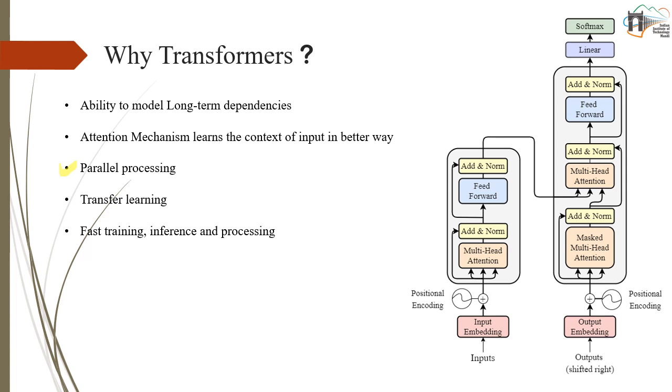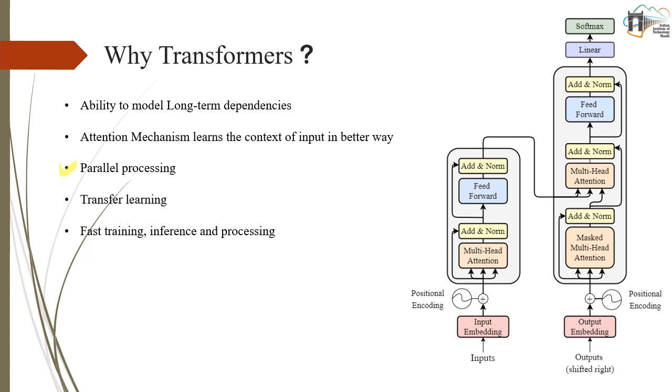And we can use these data sets in any other location, or we can adapt them for any other variable inputs which have a similar nature to ours. And this transfer learning approach saves computation time and data requirements, enabling the model to perform well even with limited labeled data. And then we also know there is a benefit of fast training, inference, and processing, because